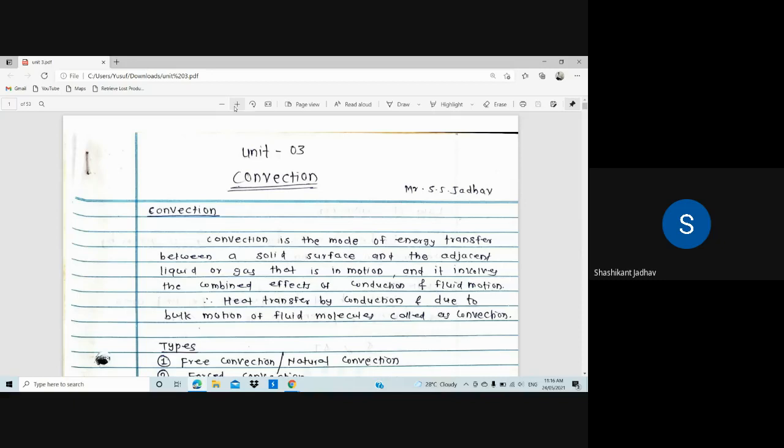Convection is the mode of energy transfer between a solid surface and the adjacent liquid or gas that is in motion,